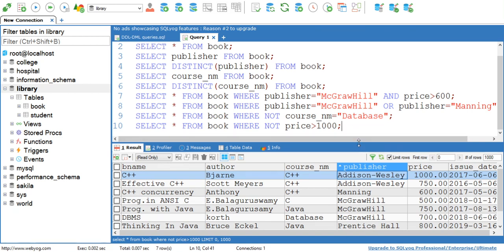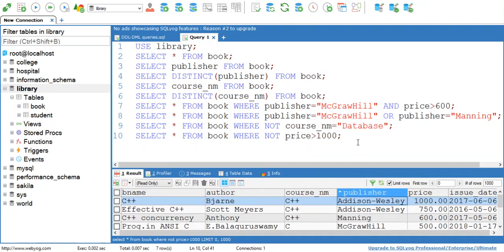Now next is how to combine these keywords in a single query. We can combine and with or, and we can combine and with not.